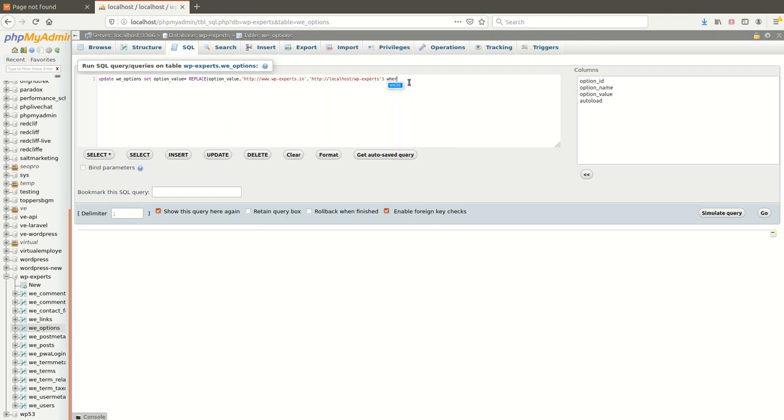That's why I am adding a condition: WHERE option_name equal to home, or option_name equal to siteurl. That's it.